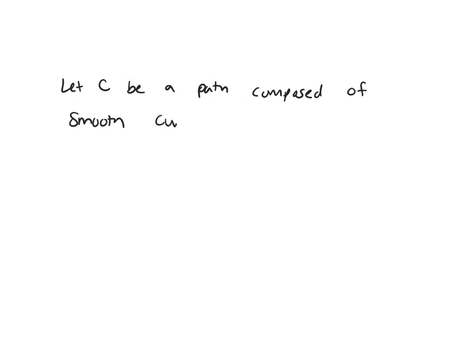So now let's look back at our example from earlier when we were thinking about our curve as a piecewise smooth curve. So let's let C be a path composed of smooth curves C1, C2, up through Cn, if f is